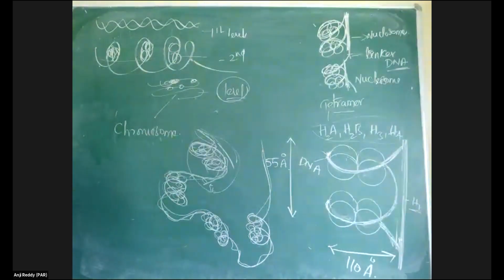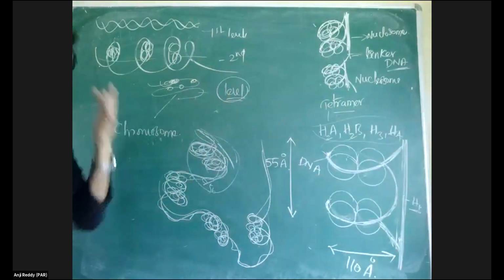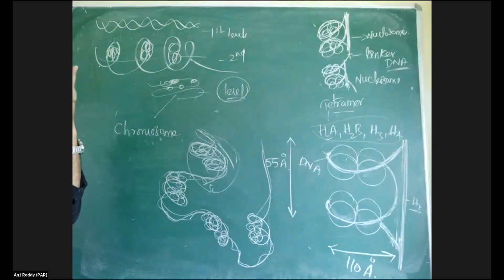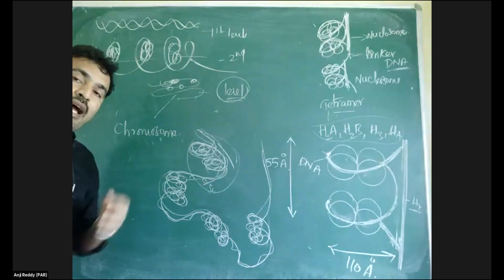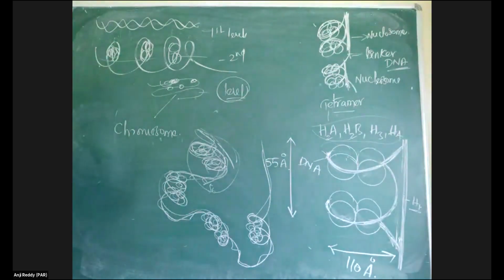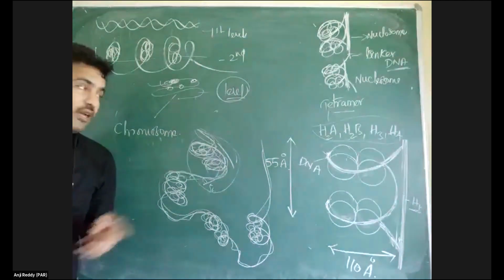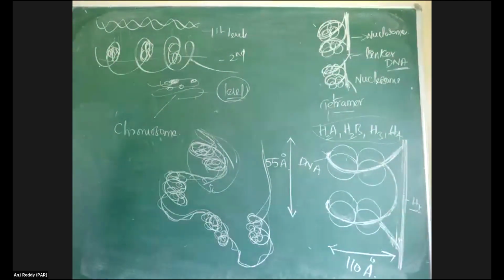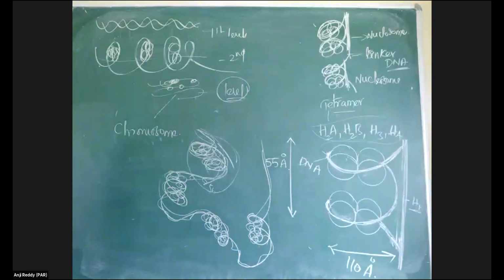Right, with the help of screen sharing I will explain that after writing this point. See here, that is so condensed. Actually, that condensed form of chromosome we can observe in which phase of cell cycle? Highly condensed form of chromosomes we can observe in which phase? Prophase. And freely or uncondensed or loosely packed DNA we can observe in S phase. Interphase nucleus has free form of that nucleic acid.